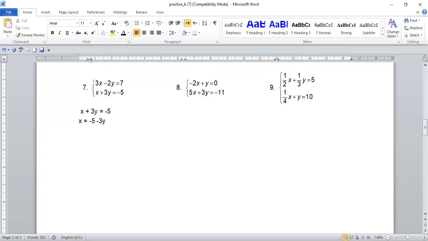It's going to be the same. So all you're going to do is choose the first equation, because we changed the second one. Now we are going to choose the first one. In the first one, the equation is 3x minus 2y equals 7, right? Which means in place of x, I'm going to write the one we found out now, the one we changed. So that's going to be 3 multiplied by minus 5 minus 3y